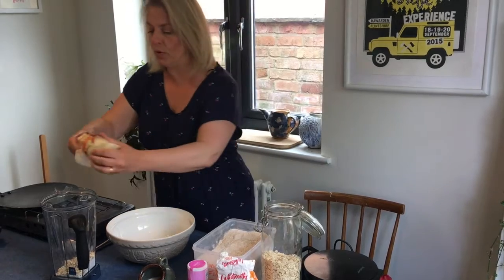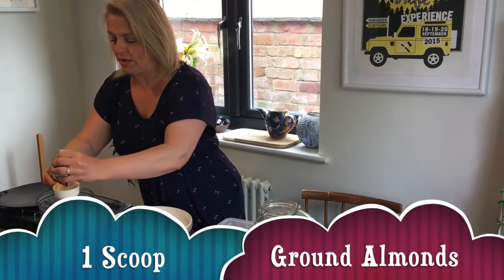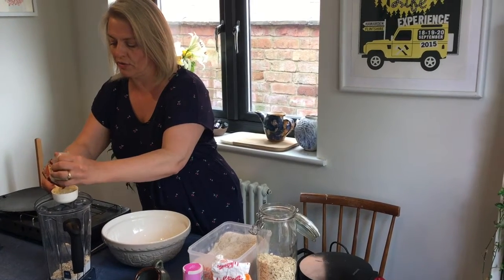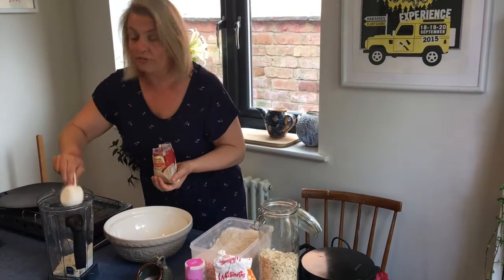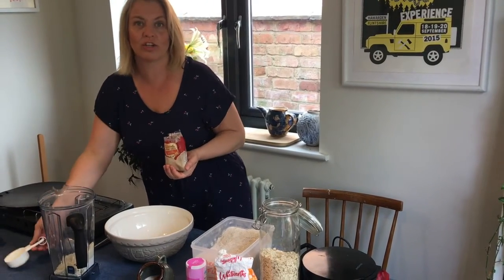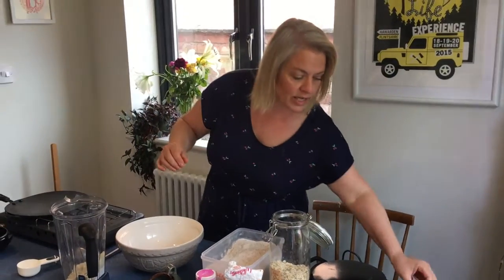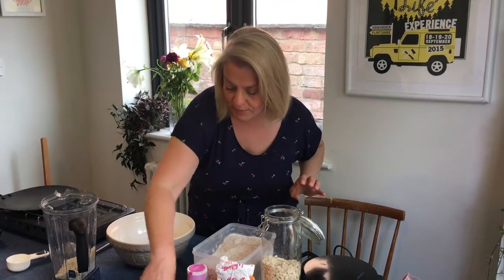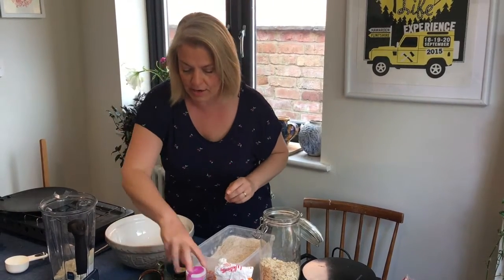And then I'm going to put in a scoop of ground almonds. Now ground almonds are absolutely wonderful. They're a fantastic nut, and it was found that people who ate a handful of nuts every day actually had better cognitive health, so better brain health, than people who didn't. And these are full of vitamin E and they are full of magnesium, which is going to be a really nice relaxing